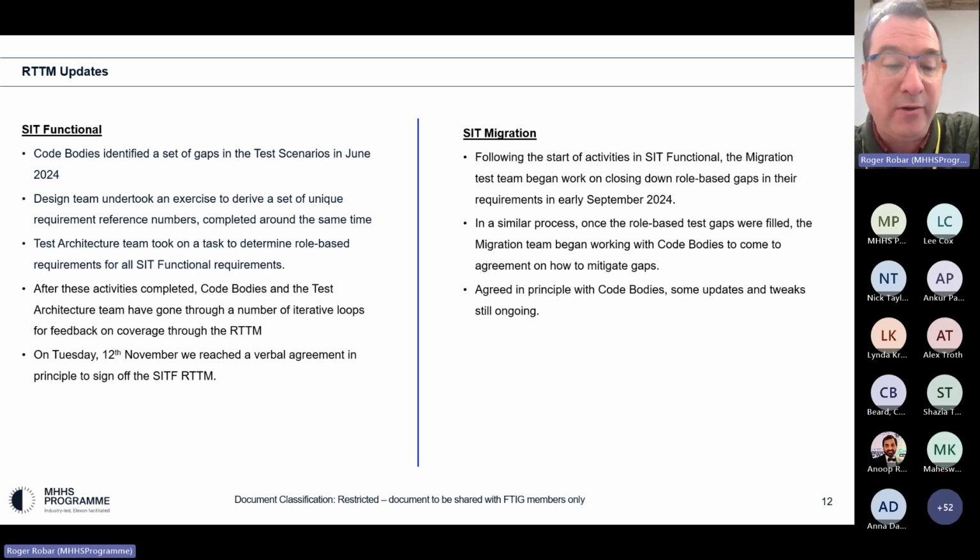Are there any questions about the RTTM? I know that we signposted it in FTIG quite a few times. Hi, Chris. Yeah, just an idea of scale, Roger. I did ask for that before this call. Significant scale for both functional and migration. Probably a good 20-30% added, I think, on both, and that's again very high level, hand in the air.